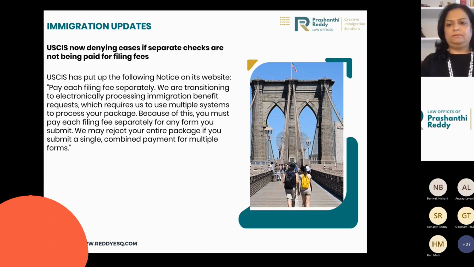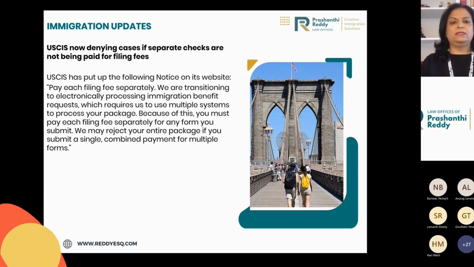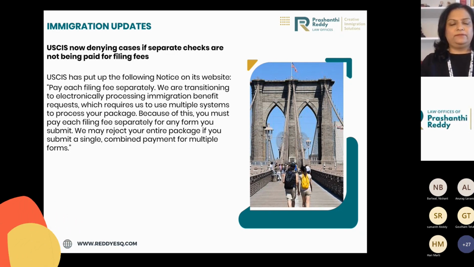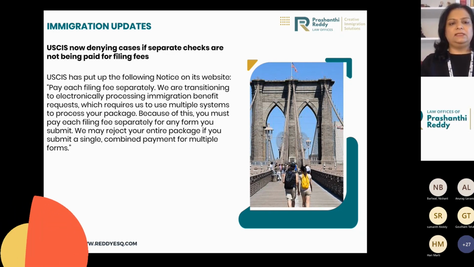Another important update, this is more a practical update, is that USCIS has now specifically said that they want separate checks for each fee. We know that with reference to H1B there are several different kinds of fees imposed on the H1B program. There's the basic fee, which is $460, the fraud fee, which is $500, and the ACWIA fee, which is $750 or $1,500, depending on the size of the employer. So all these three fees,